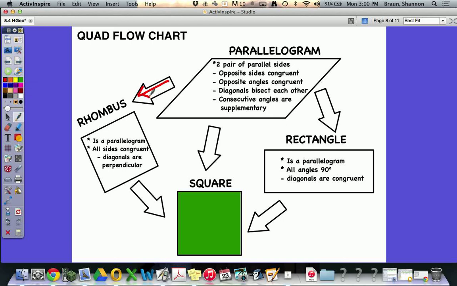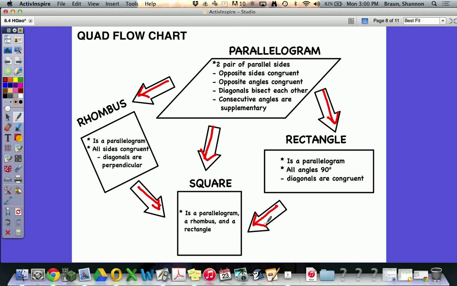So a rhombus is a parallelogram, it inherits all of those properties. A rectangle is a parallelogram, it inherits all of those properties. And last but not least, we have a square. And so again, the definition of a square is that it is a parallelogram, a rhombus, and a rectangle. So it has all right angles, all sides congruent, and then all of the properties from above hold true. So all of the properties from a parallelogram, all of the properties from a rhombus, and all of the properties